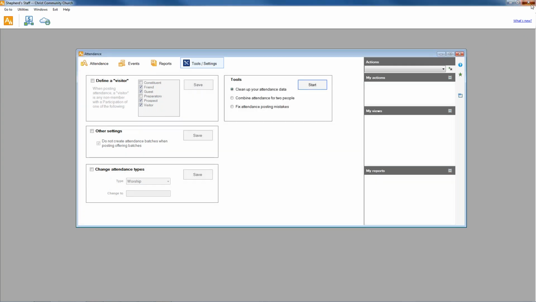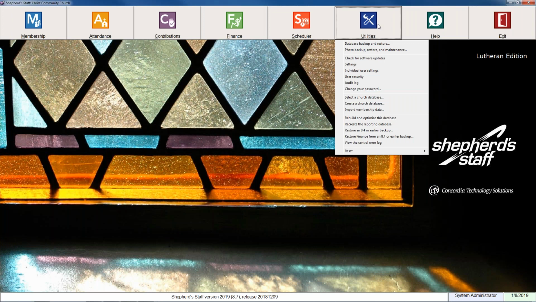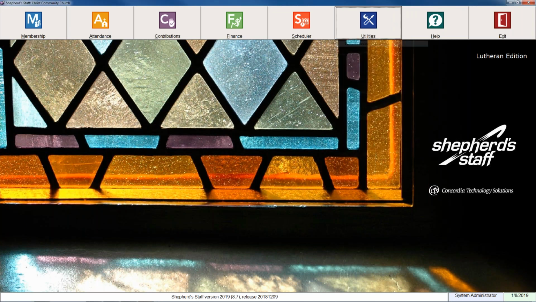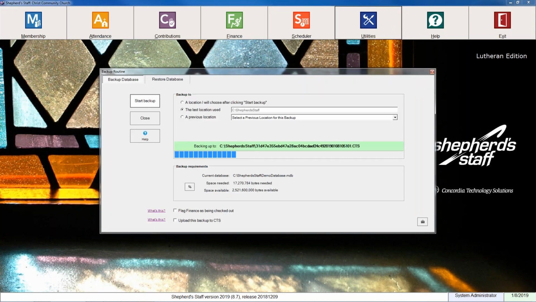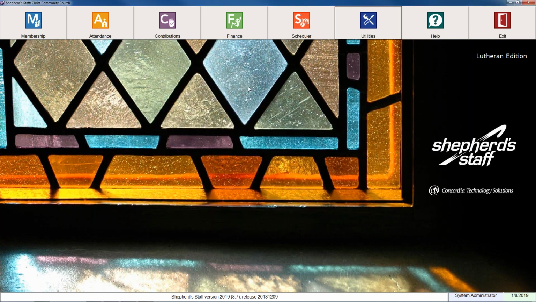So we'll close that, close this, pop back over here, and we'll make a backup. This way, if anything goes wrong, we can still have all of our batches done and all of our reports run before that. And we'll just make another backup here really quickly. As you can see, it doesn't take much time, and you can just know that anything you do can